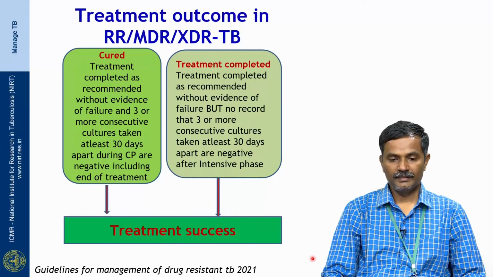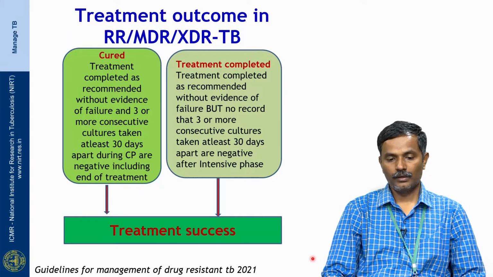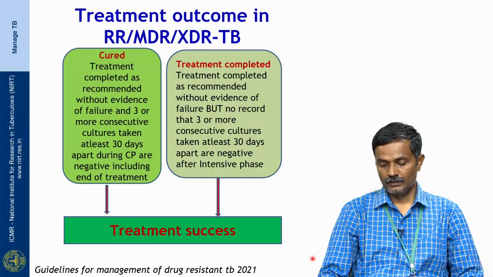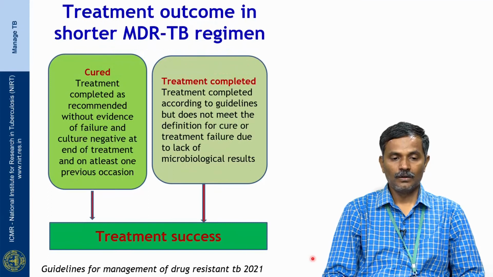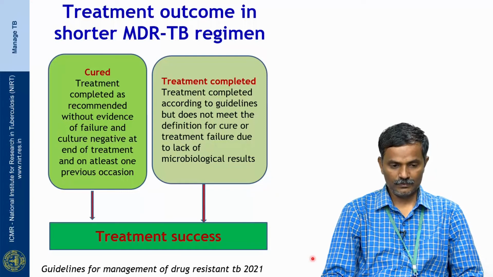Whereas treatment completed is defined as treatment completed as recommended without evidence of failure, but there is no record that 3 or more consecutive cultures taken at least 30 days apart are negative after IP. So, these two are considered as treatment success. For shorter MDR TB regimens, cured is defined as treatment completed as recommended